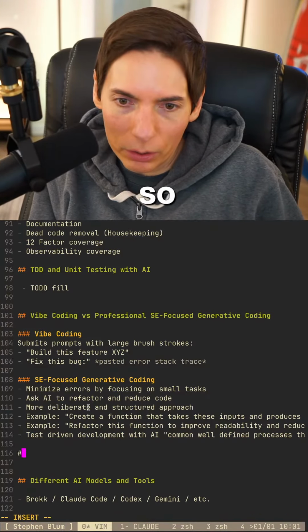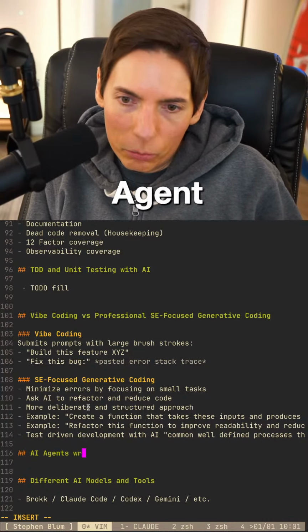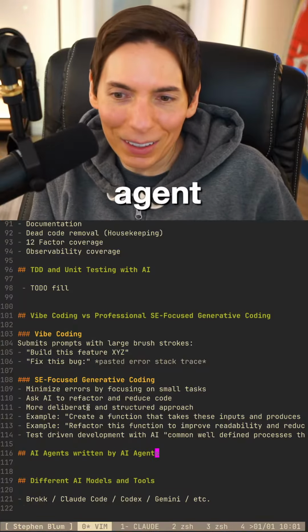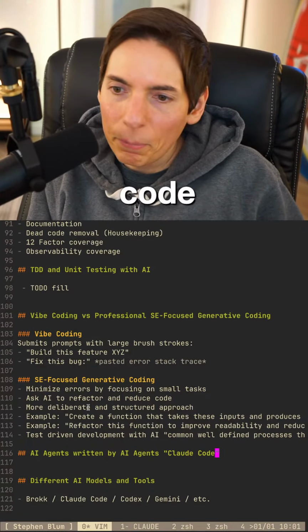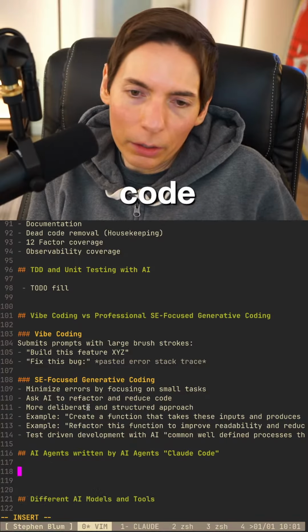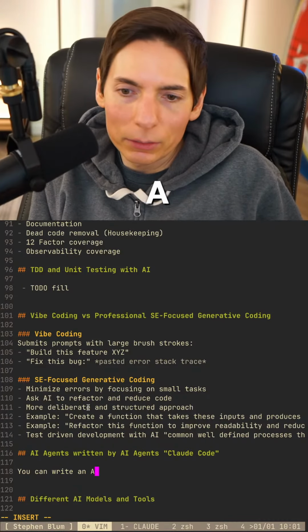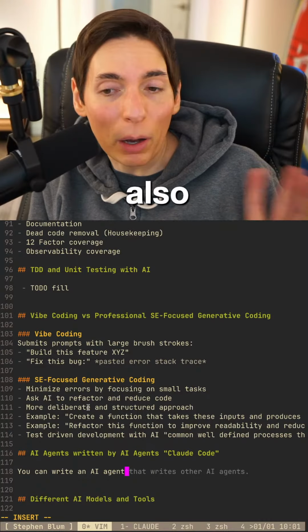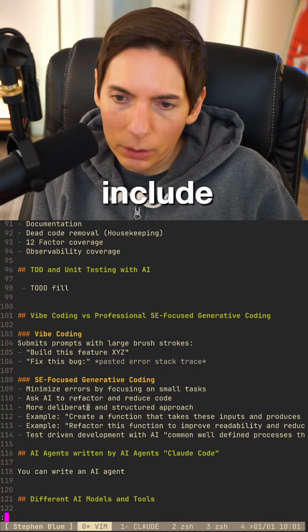All right, so I want to do AI agents written by AI agents. Basically, with Claude Code you can write an AI agent. I already have an internal document on this. Also, I believe I have a public post that covers this topic, which I should include.